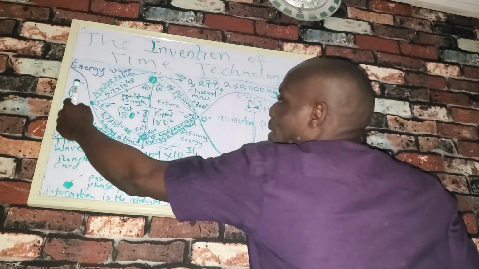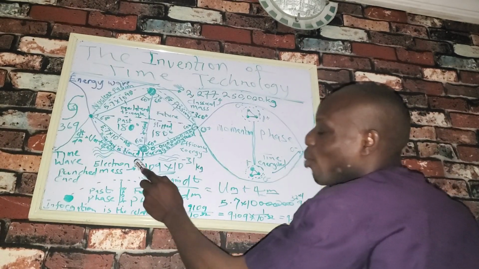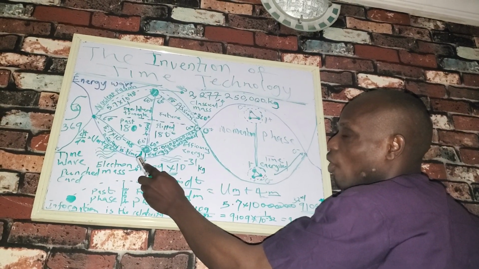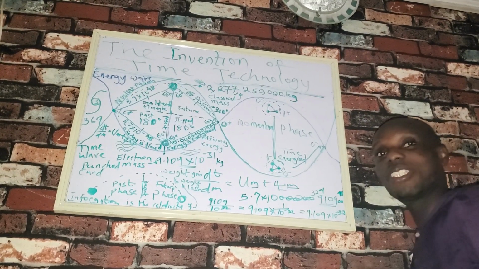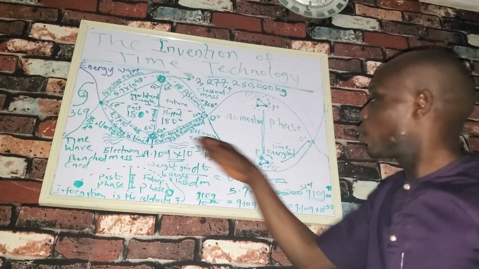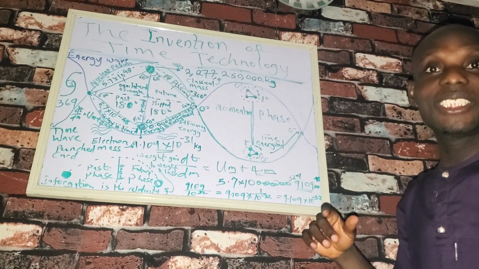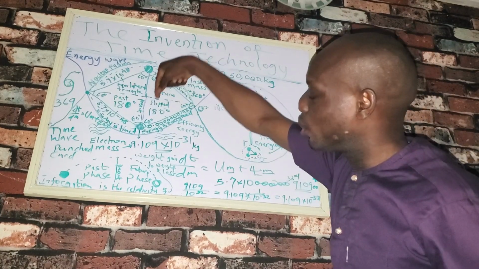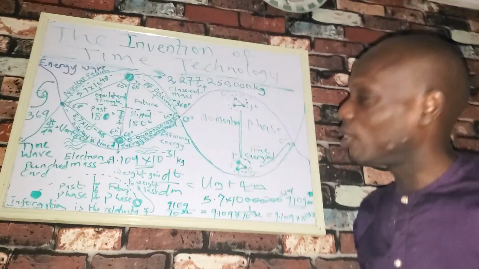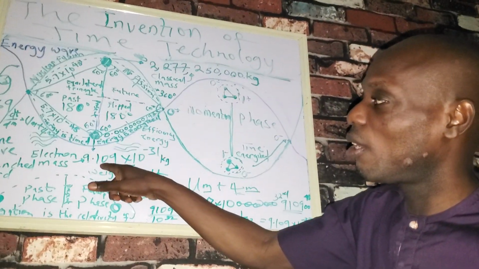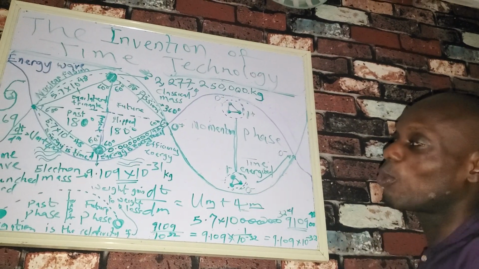Now, why do we have 3 right there? The 3 is actually pointing to the low energy state of the position phase, and then the low energy state of the momentum phase. The two low energy states are the states of reality, because it is the state where we have to travel beyond the constant of time energy wave model to get the actual mass worth. And also here too, same thing will happen.